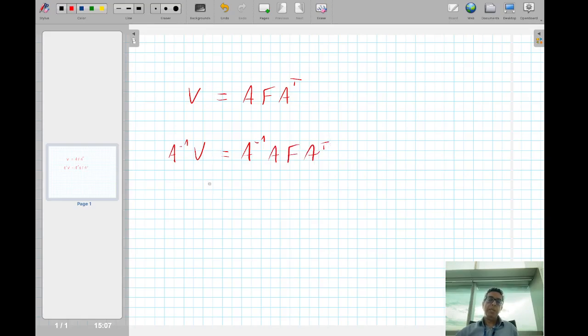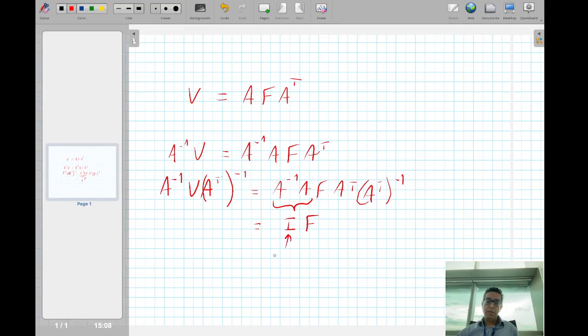And if we post-multiply this by A transpose inverse, then we would have A inverse V A transpose inverse is equal to A inverse A F A transpose A transpose inverse. Okay, now this will just be the identity matrix, and that's multiplied by, so this is 2 by 2